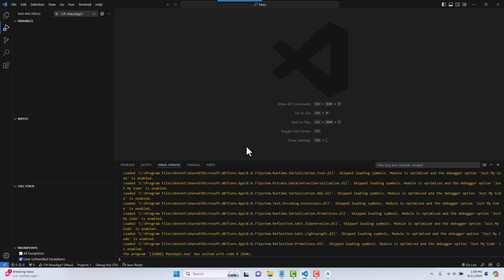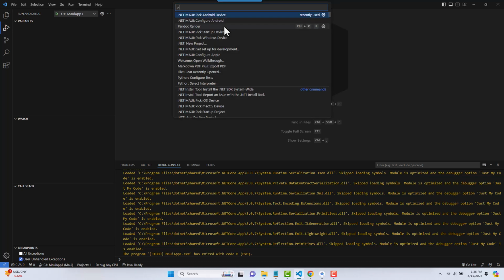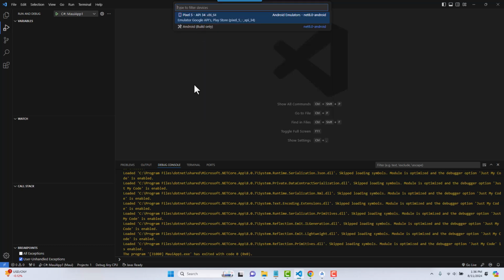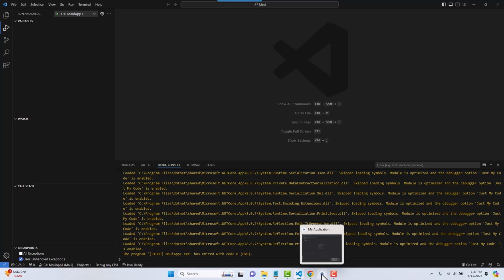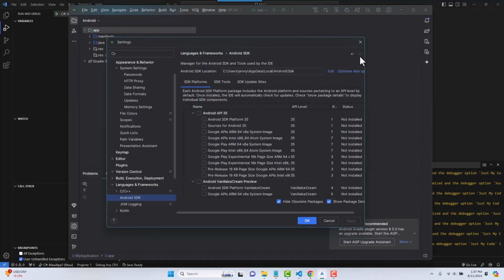And if I want to target something on the Android side, Control-Shift-P, this time instead of just configuring, we can pick an Android device. And if I click on picking an Android device, whichever Android devices are configured, it's going to show me a list of those devices that I can select from. But how do I go through the process of defining a new device that I can pick from this list? So let's go back to our Android Studio,